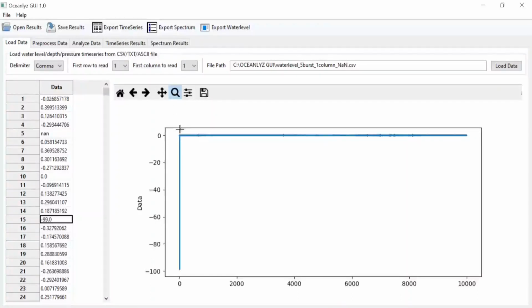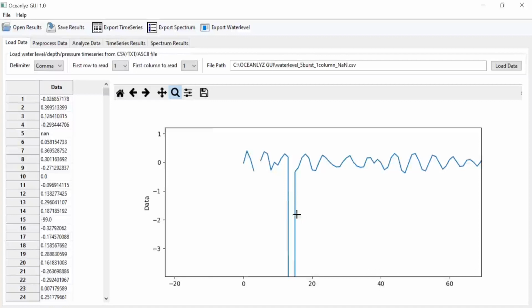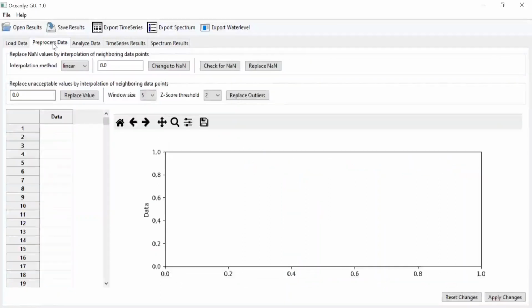Because all these 3 are sitting here, let me zoom in, and remember you have this toolbar here that lets you do some work on the graph. If I zoom here, you can see I have the NaN, so the data is missing here. Also I have this point that goes all the way down to -99, and I have this 0 point, and I want to get rid of them. So if I come here,